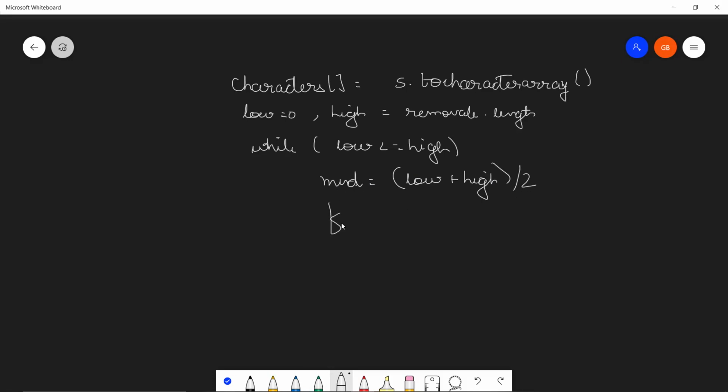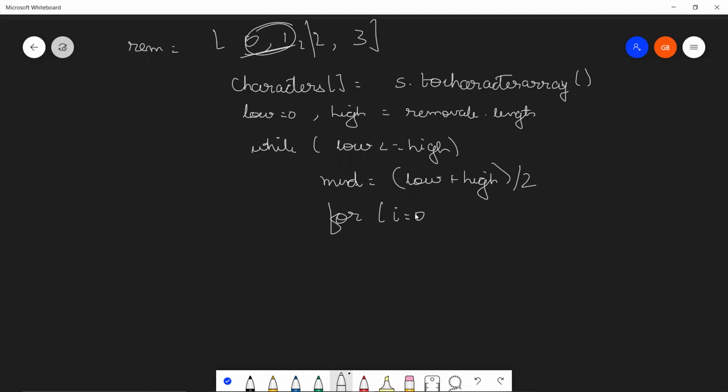Then what we're going to do is actually remove those particular indices. I mean, if your removable array was something like 0, 1, 2, 3, and your mid reads somewhere over here, you need this. So these two indices in your S character array would be replaced by some symbol, and I mentioned that I'll be using the symbol star.